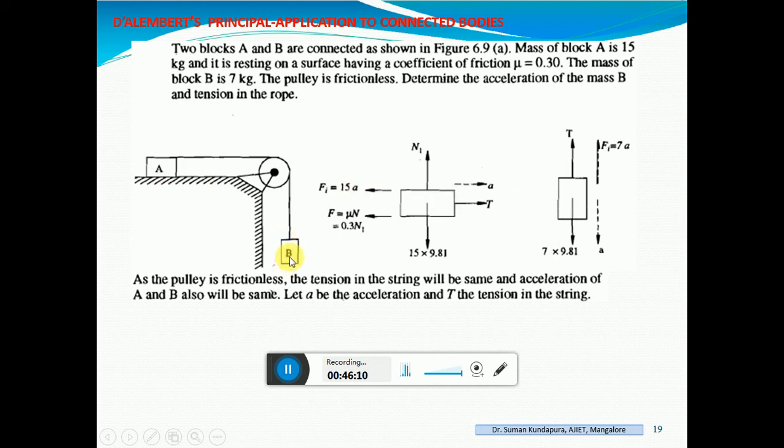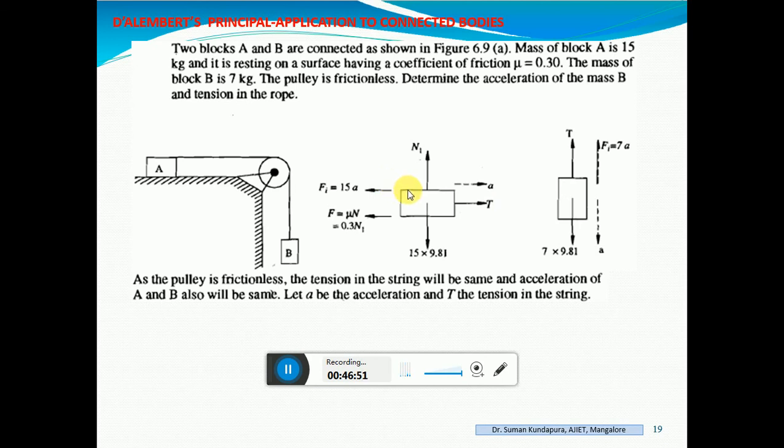Next, block B: tension is acting upwards. Fi is acting upward because the block tends to move down. This heavier weight is 7 kg here. The tension force is here, Fi is also here, so summation Fx is equal to 0 will be